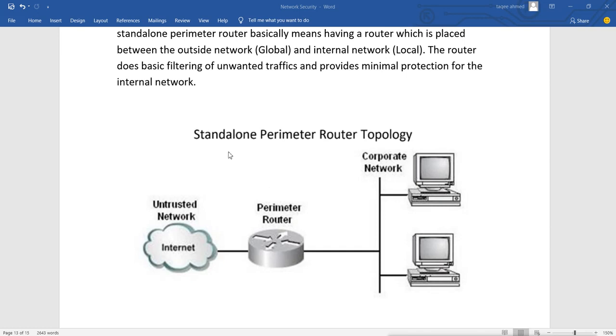This is called a standalone perimeter router. This is the standalone topology, where we have a single router working as a firewall and blocking the unwanted traffic.